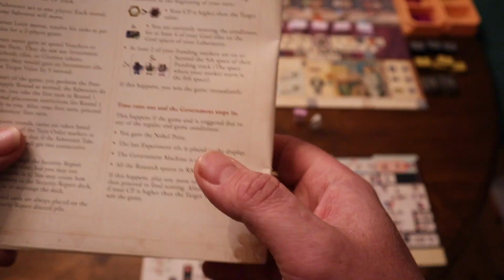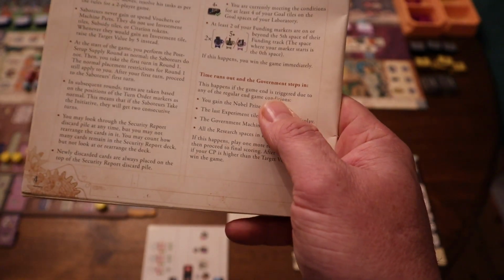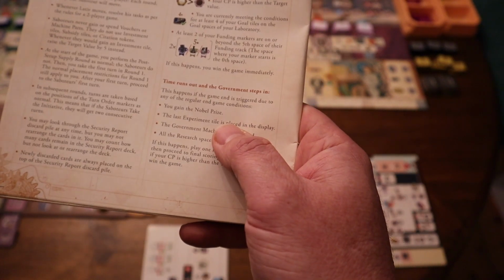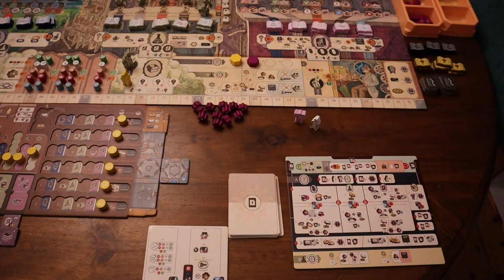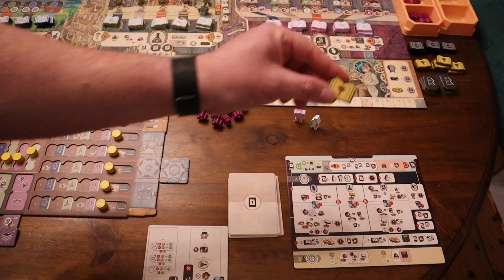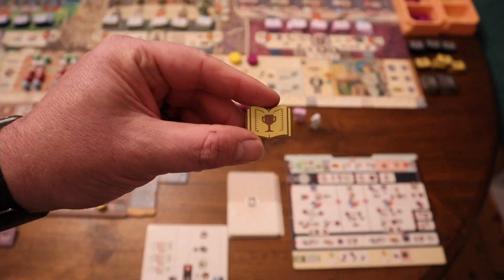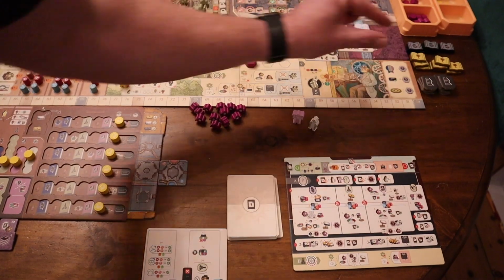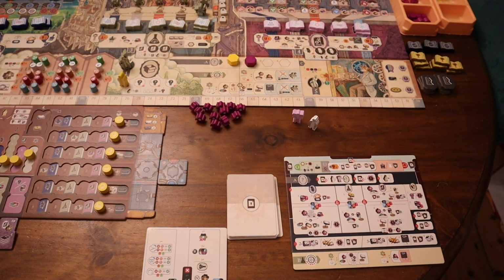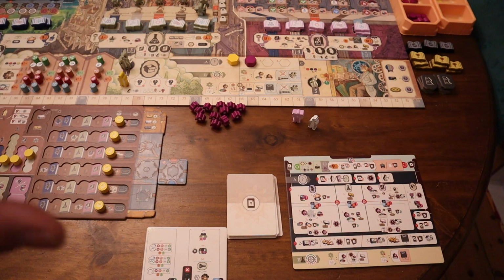you win immediately. If all of the government steps in, and this is a game-ending condition, if you gain the Nobel Prize, and that's this here. So throughout the game, you're going to get some of these award tokens when you successfully publish papers, etc. If you get 3 of those, you're going to get the Nobel Peace Prize, which is great. It's a game-end condition, so you've got to time getting those because you can actually end the game